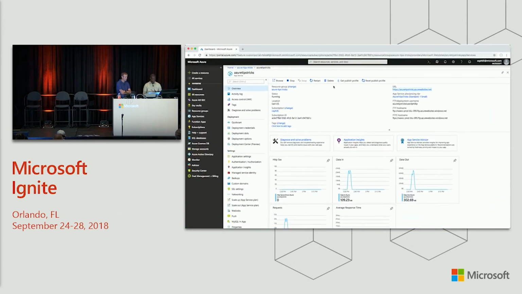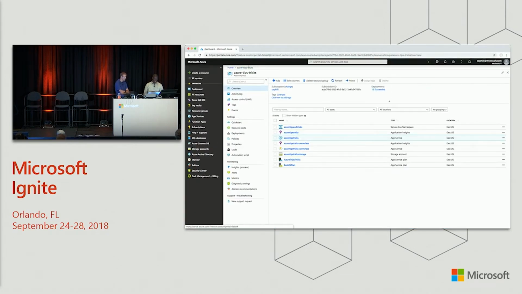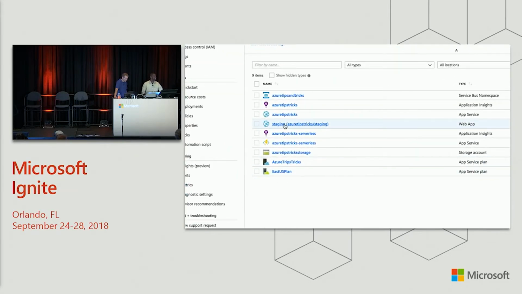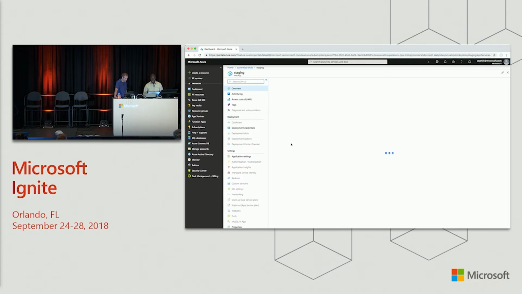So inside of the portal now, if I click on my Azure Tips and Tricks resource group, as soon as that's finished deploying, I should have another item in there that says Azure Tips and Tricks, and it's going to say staging. So let's refresh this and see if it's there. Right? So now I have the staging slot that's available for me. So if I click on the staging slot,